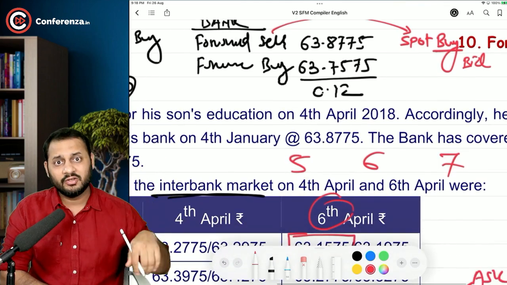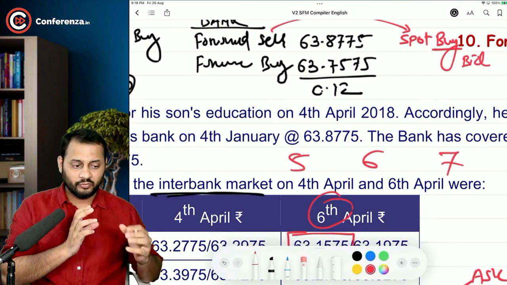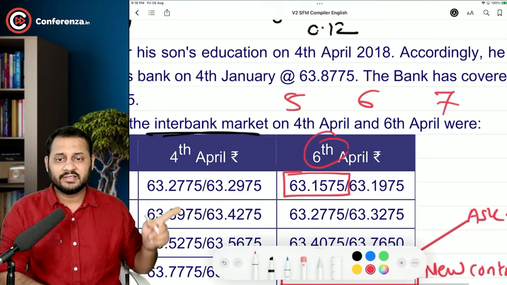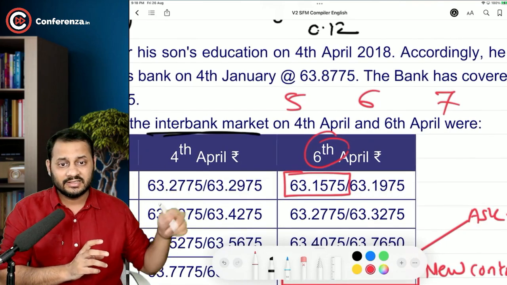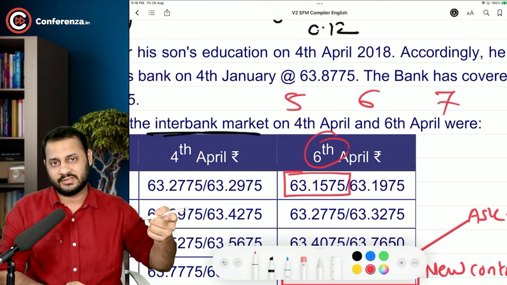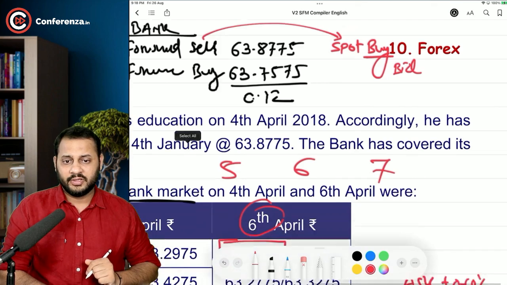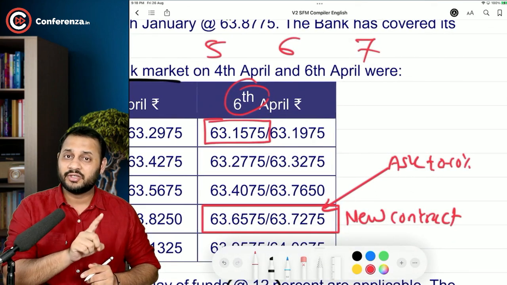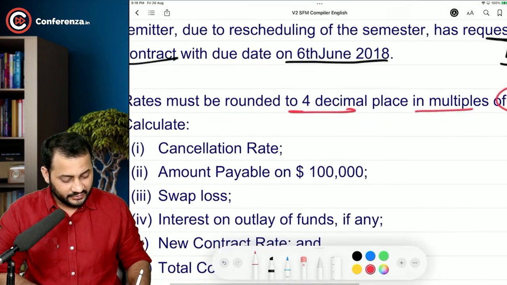And if the bank will buy from the customer, you need to make sure who the other party is. If the other party is customer, these rates are your rates. If the other party is the second bank, these rates are the other bank's rate. That is what the magic is. Okay. So bid rate is applicable, that is 63.1575. After that, you are going to deduct the margin from it, because these are interbank rates. So cancellation rate will be